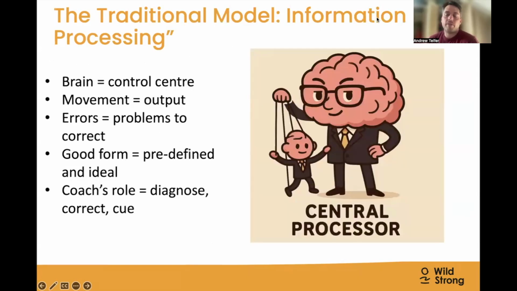So, if we're going to talk about traditional learning models, one of the things we should talk about is this information processing model. And also talk about the central processor, which is the idea that everything is going through your brain specifically, and your brain is controlling all your movement. And obviously, on one level, in a way that is true, but it doesn't mean that everything is going into your head and that your brain is working like a computer and through the power of cognition that you are trying to put all this together.